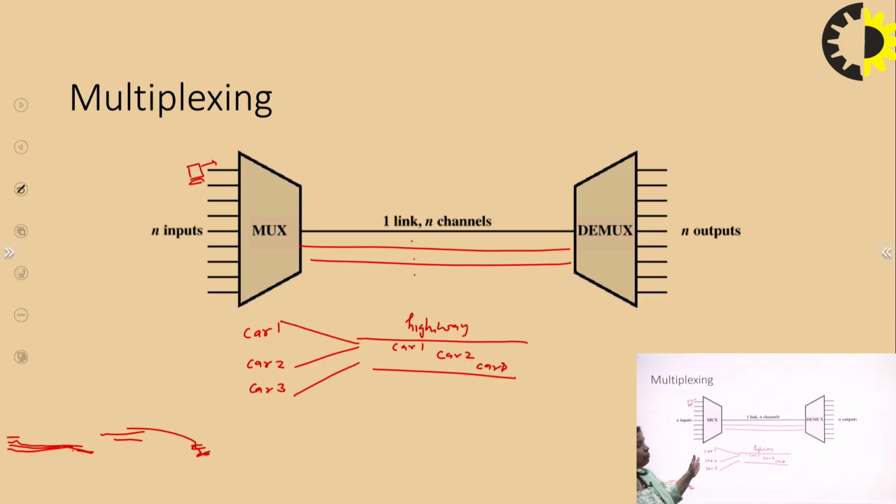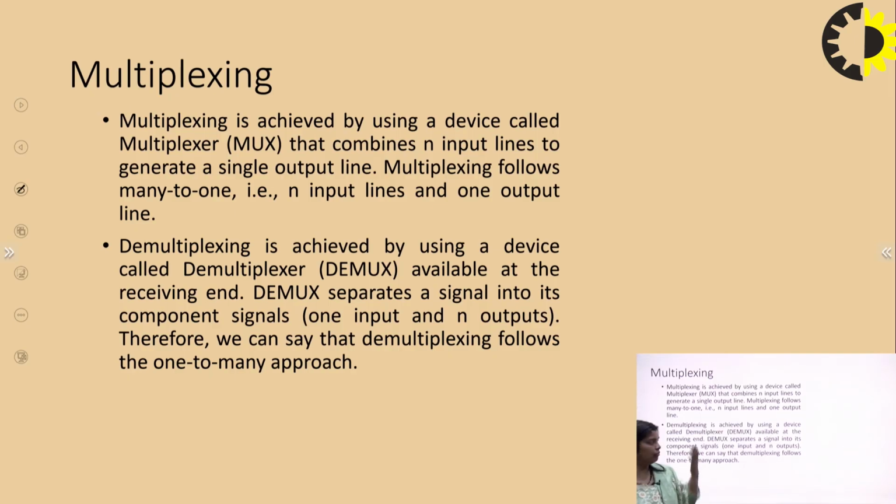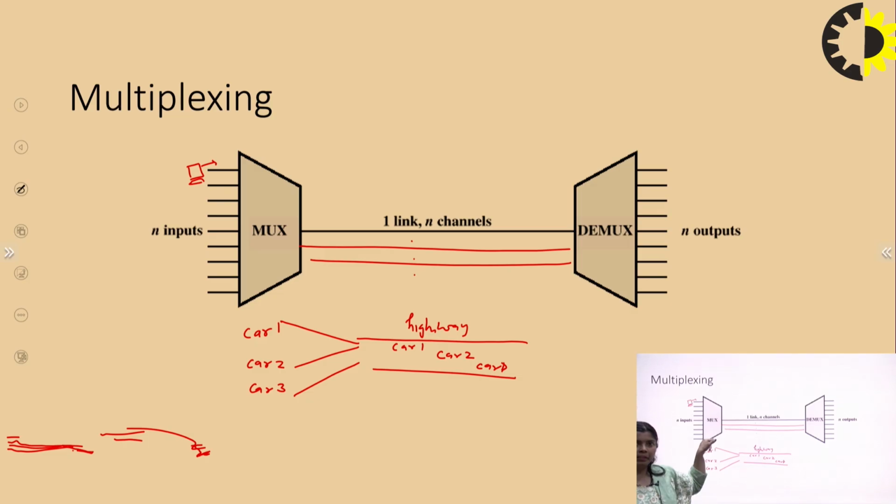The n input signals travel here, the channels are portions of the path, and the stations share the channel. In multiplexing, there are two hardware devices, the multiplexer and the demultiplexer. At the sender side there is a multiplexer, and at the receiver side there is a demultiplexer. At the multiplexer, multiple signals arrive, and the multiplexer combines their frequencies or time slots and sends them onto the shared medium.